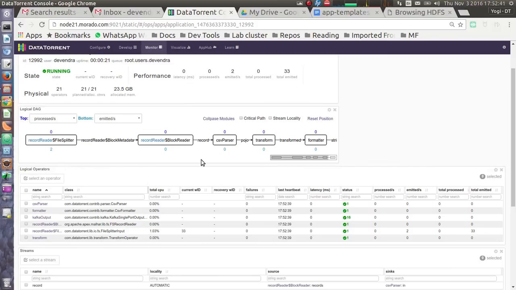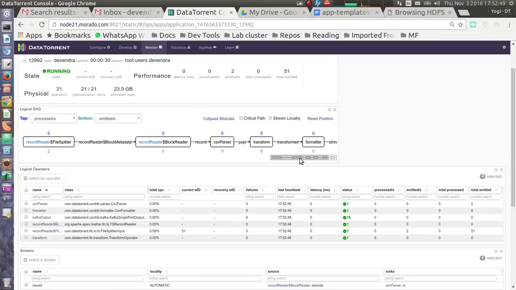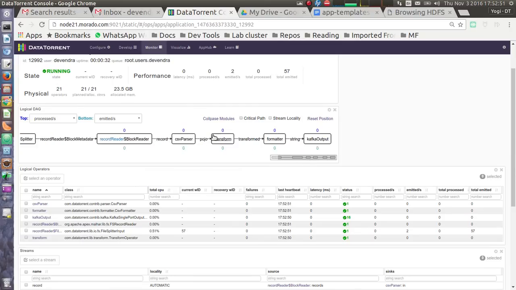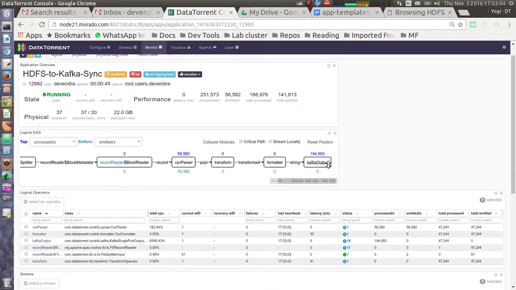As we can see over here, now the DAG is like the record reader which is reading from HDFS. Then we have CSV or delimited parser, and then we have transform operator, which is basically transforming one of the fields to uppercase. And then we have formatter, which is converting these objects to strings.